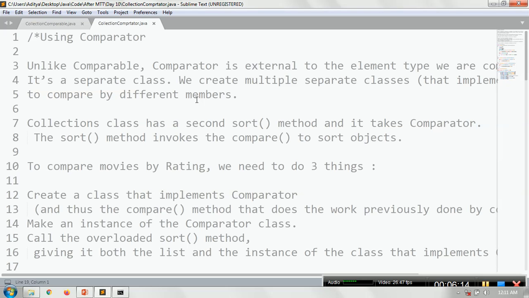It is not possible in the comparable. At the same time, whenever you're using a comparator, you can sort the same data on multiple criteria, on multiple data members. Last time, when we were using the comparable, we were sorting data using only the roll number. We have only one compareTo method that we have overridden, and in that method body we have only one criterion to choose. But whenever using a comparator, we can choose multiple criteria. We'll see with an example.